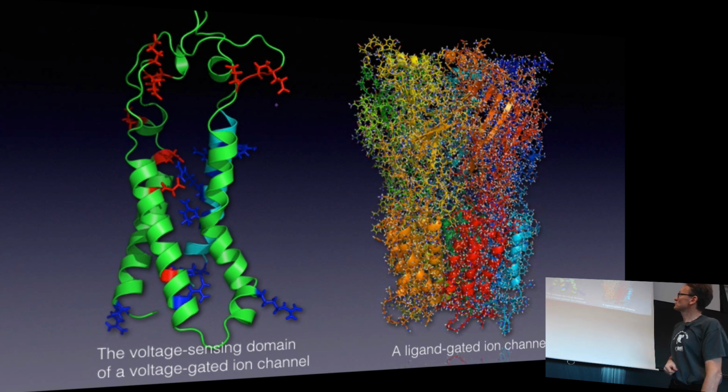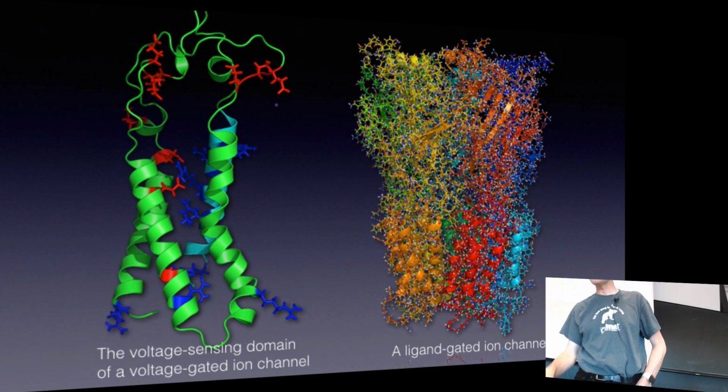What you're seeing on the right here is a molecule that's a ligand-gated channel, so that if you're having a glass of alcohol on Friday, the ethanol molecules will bind to this channel and will actually cause the channels to open a bit more than they would normally do, which again will alter your nerve signals. So there are really cool ways that you can fine-tune and interact with the nervous system. These types of channels are also what makes it possible to sedate you with anesthetics. And again, we know what they look like nowadays.